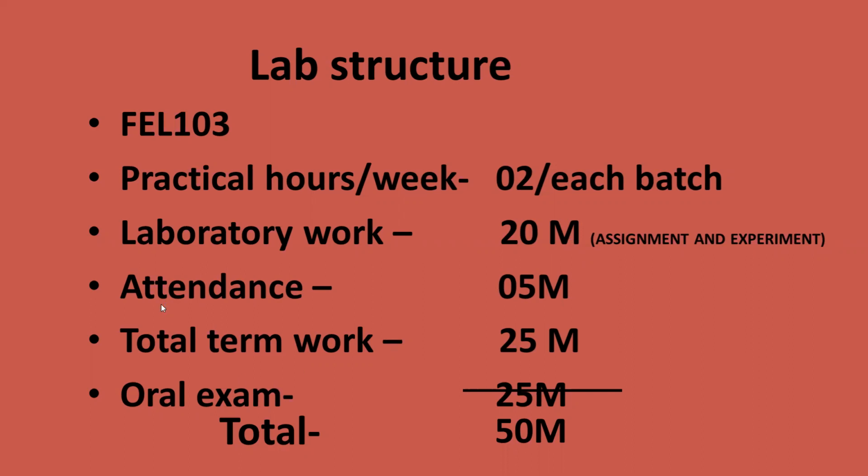Then your semester attendance will have 5 marks. Okay. So this 20 plus 5 is the total term work for semester 1 for the engineering mechanics laboratory. So it is for 25 marks. Okay. Then at the end of your semester, there will be an oral exam, which is called a Viva. This oral exam will carry 25 marks. This is your external oral exam, which is conducted on behalf of the university. Okay. So the total laboratory will carry 25 marks term work and 25 marks for the oral exam. So it is 50 marks.